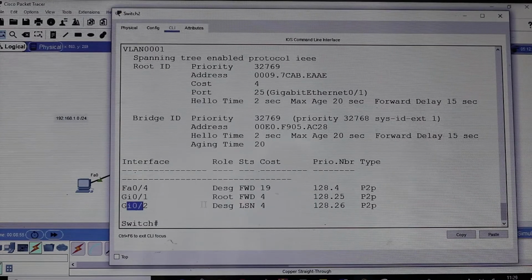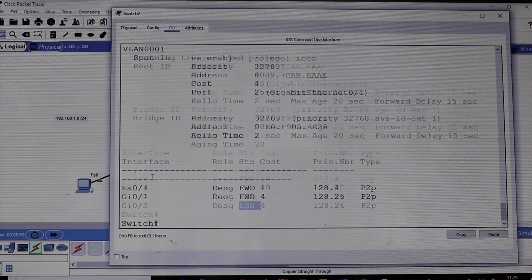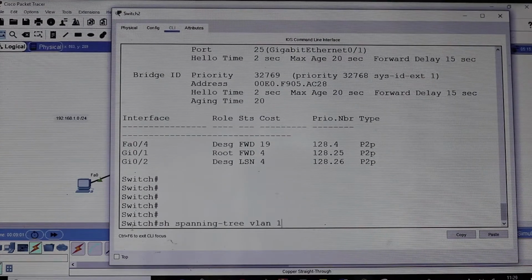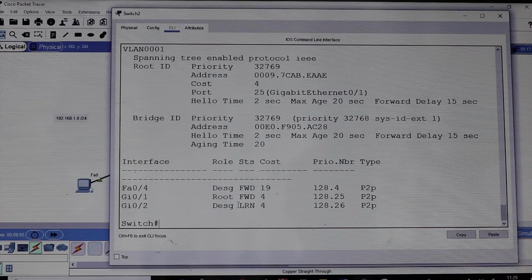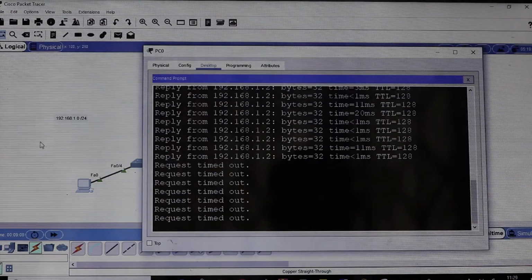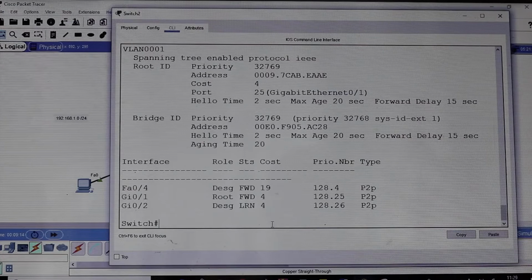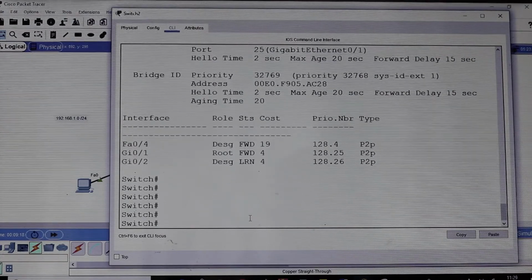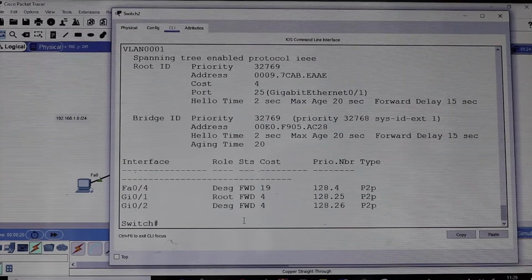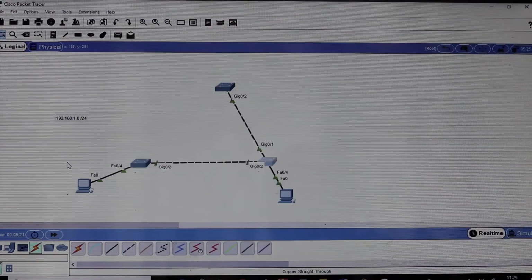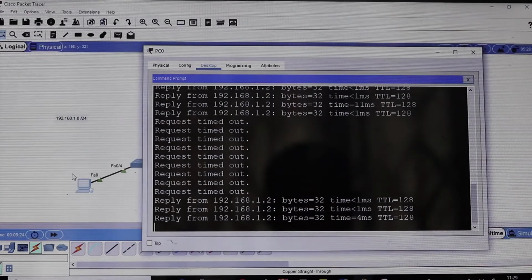Port 2 is now in the listening state. Correct? Yeah. I'm just showing the same command. Show spanning tree, VLAN 4, VLAN 1. Now it's what? Learning. So you see the ping is still timing out. Learning. Now it's forwarding. So if you check the ping is up now.